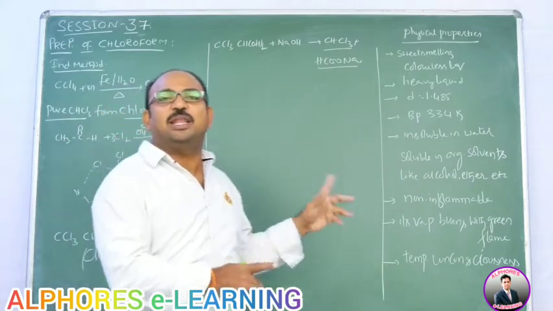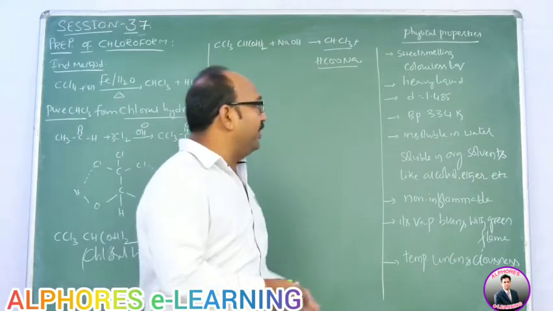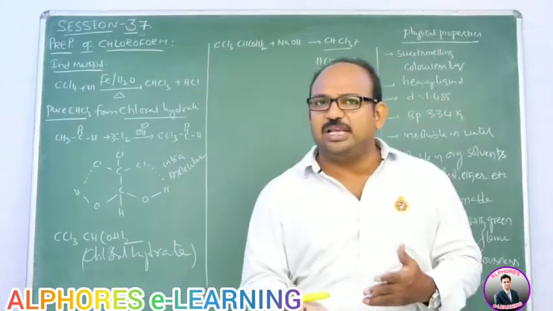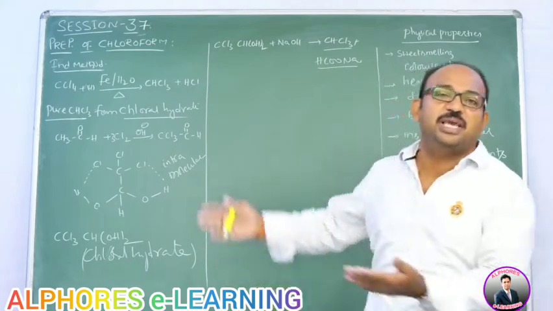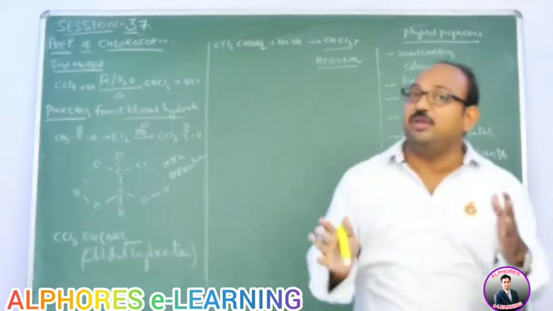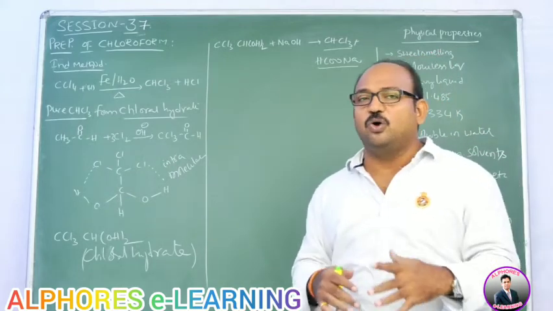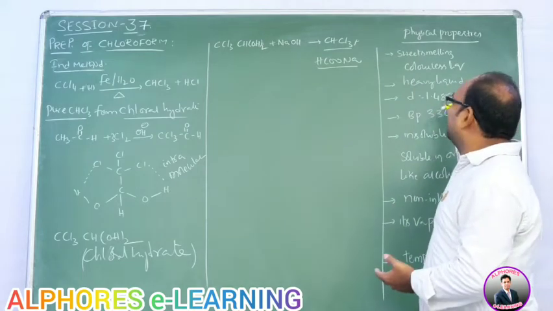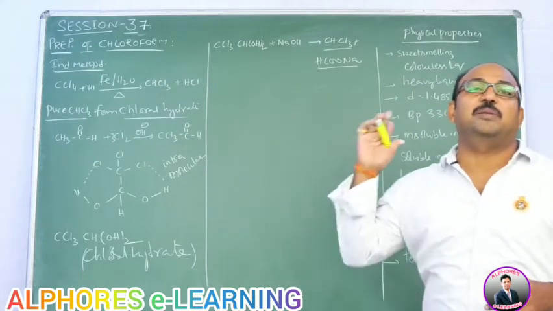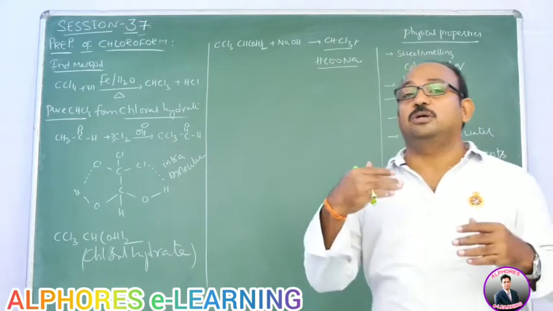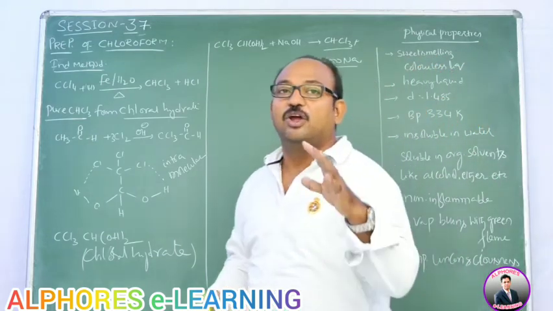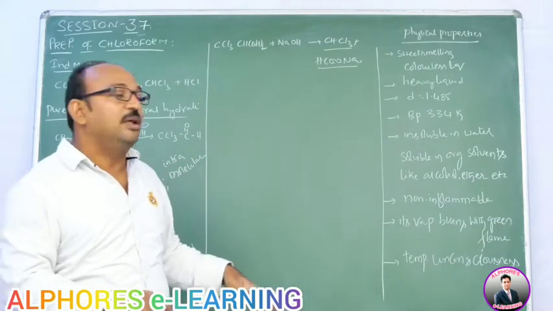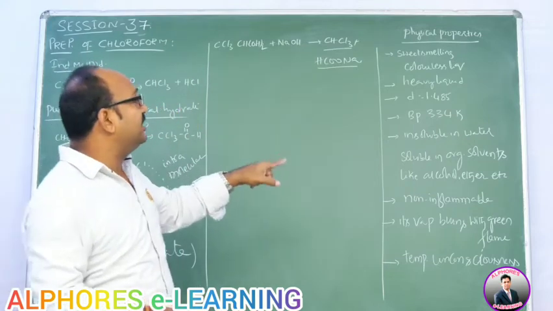So it is a sweet smelling liquid and also a colorless liquid, and it is a heavy liquid compared to water. The molecular weight of water is 18, but CHCl3 is more than that. That's why it is heavy. So a heavier liquid, and also its density is more than water. So how much density has? 1.485 gram per ml. So density is almost 50% more than water for chloroform. So a colorless liquid with sweet smell, heavy liquid and density also high.